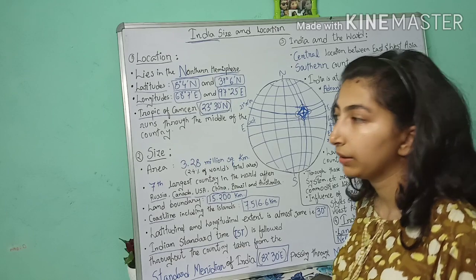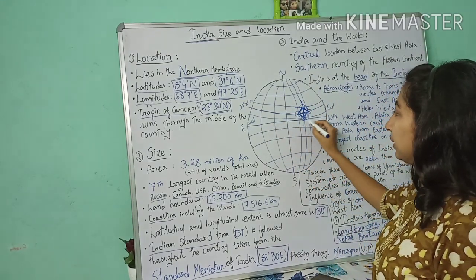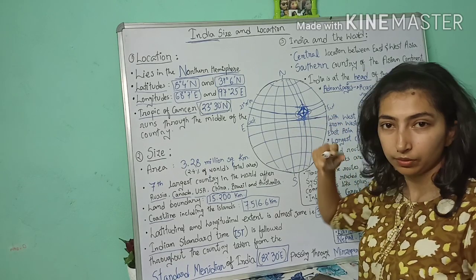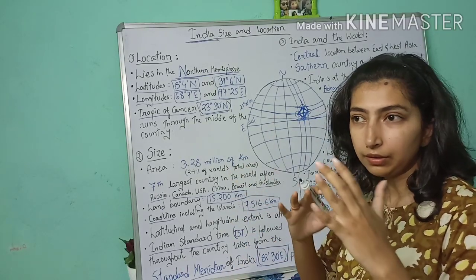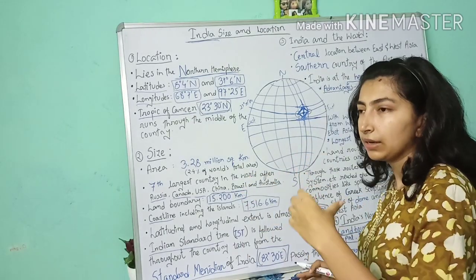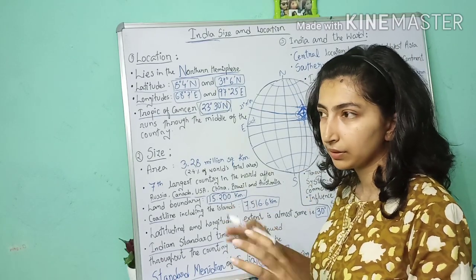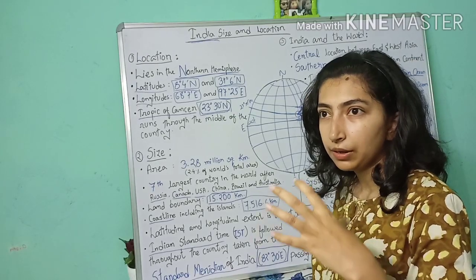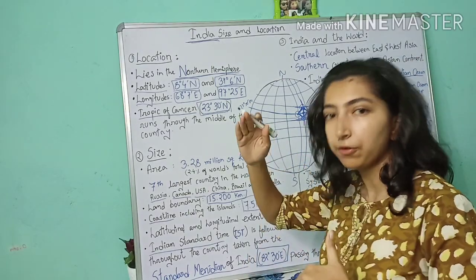One important thing I want to tell you here is that the places which are nearby the equator, like for example Tamil Nadu, Kerala, there is hardly any difference in their timing of day and night. Means in 24 hours it's almost like 12 hours day, 12 hours night, or sun time and no sun time. But it is different, or it changes as you go upwards or as you go away from the equator.